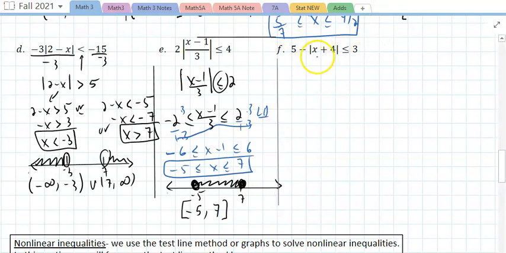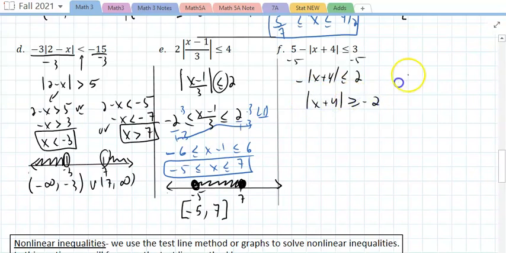And the same deal here, we isolate the absolute value by itself first. Subtract 5 from both sides. Divide by a -1, and what happens when you divide by a negative? You switch the sign. Now that you have an absolute value on one side, everything else on the other side, this is an exception. And why is that? Because an absolute value is always greater than a negative. So at this stage right here, you put stop and say,